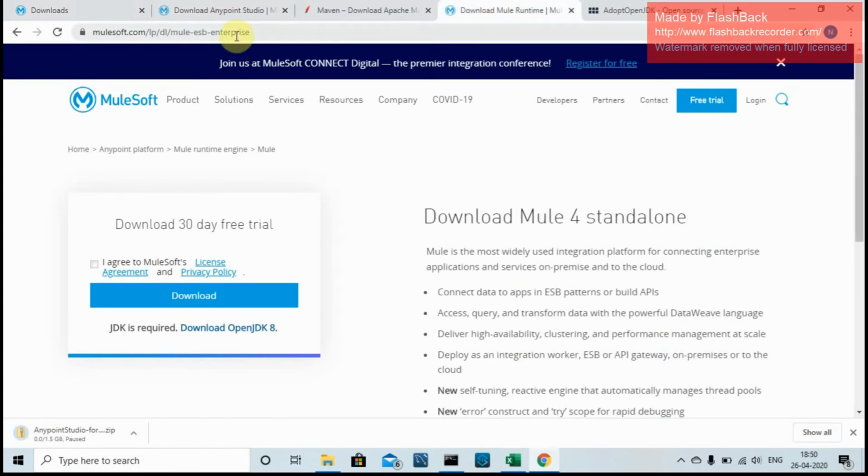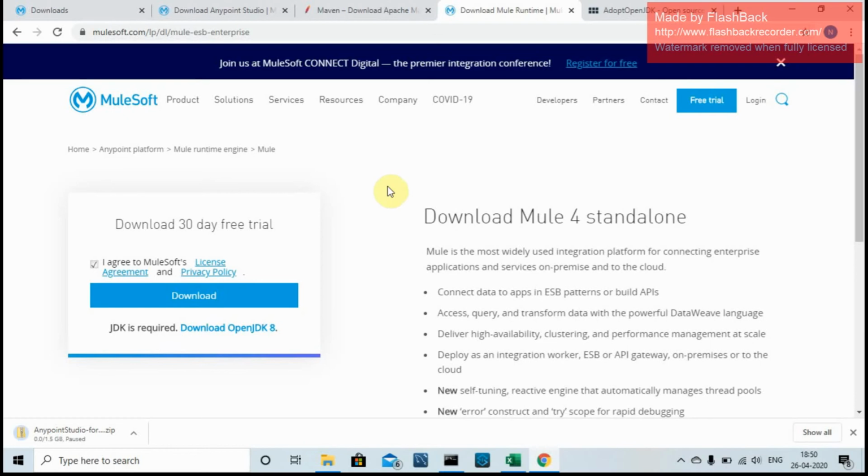Similar to the Studio, within the Anypoint site there is Mule ESB Enterprise. Just go for this particular link. I will paste the same link in our comment section as well. Just click on I agree to the MuleSoft license agreement and privacy policy. Click on download and it will start the download as well. Let it happen in the background.